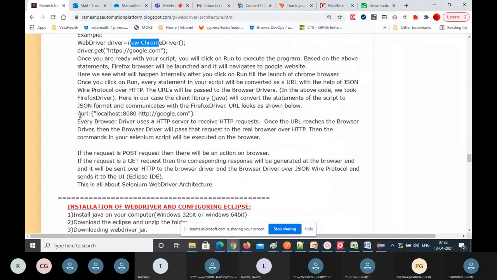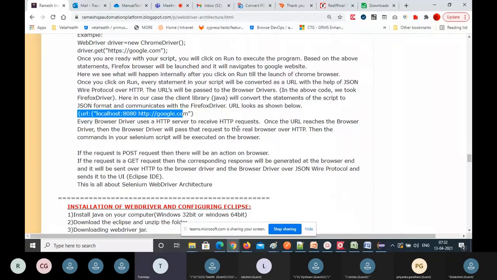In the UI, you are writing this code, but in the backend it will convert that command into JSON format. Then the WebDriver HTTP server will understand this JSON format, ask to open that URL and perform the action on the web application.